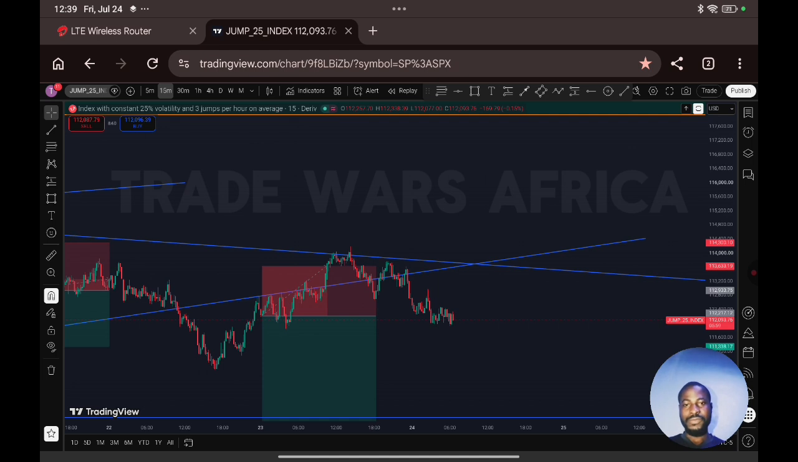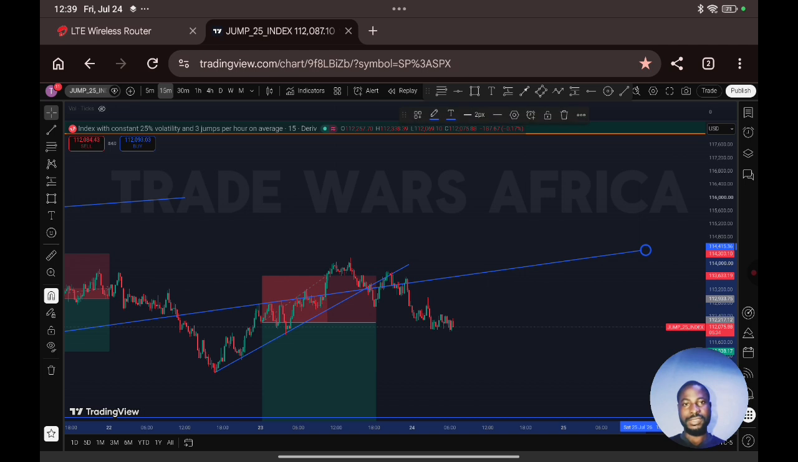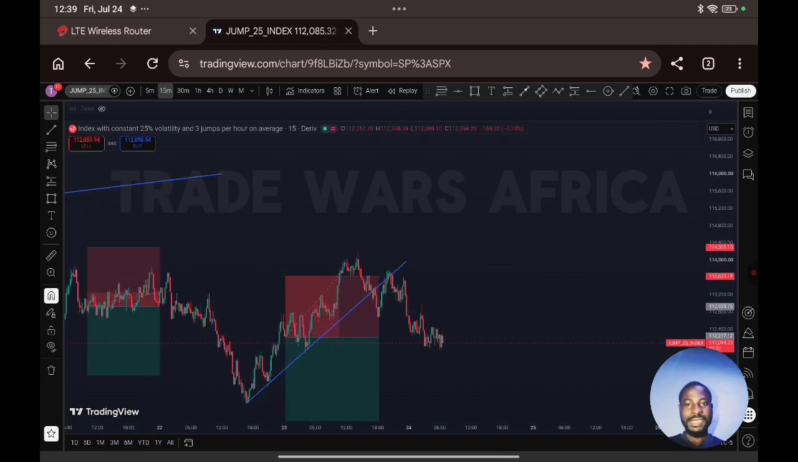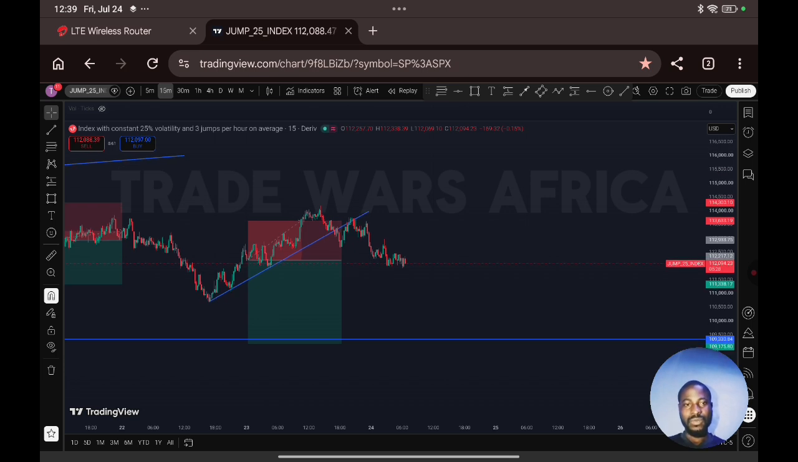I was supposed to wait for something like this. I actually drew the trend line yesterday, but the market had given us a 4-hour candle close. So I ought to have entered. Let me clear this one, the chart is looking so messy. I ought to have entered this particular trade around here,